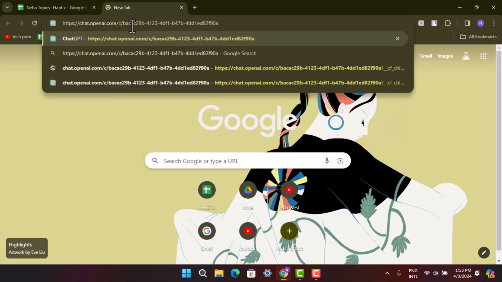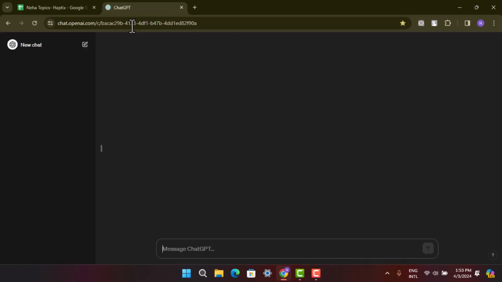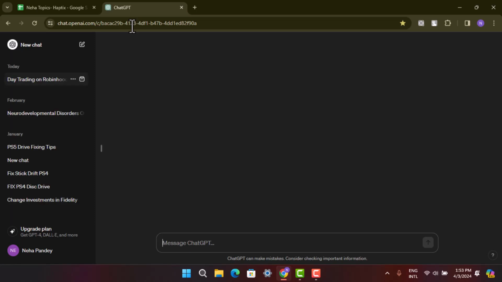So for that, open up a browser, type in chat.openai.com, and that's going to take you directly to the home page. To improve the quality of responses from ChatGPT, the first thing you need to make sure of is to be clear and